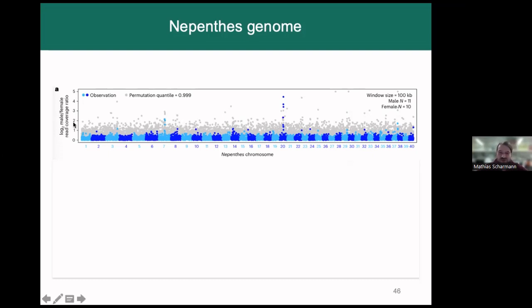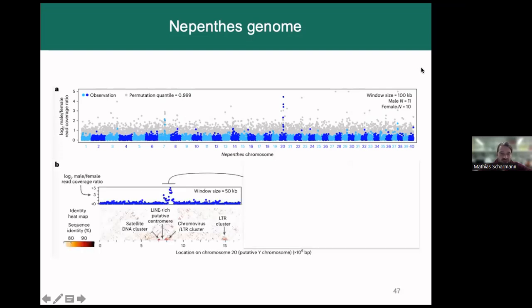I spare you the statistics here, but the essence is, we have laid out chromosomes 1 to 40, each neighboring chromosome distinguished by color, and gray is basically noise or something we cannot tell. But here, the higher the points on the vertical axis, the more significant is the association with sex. And in chromosome 20, right about the center, there is a clear signal that distinguishes